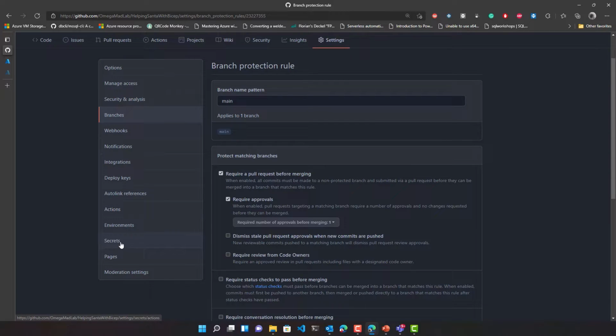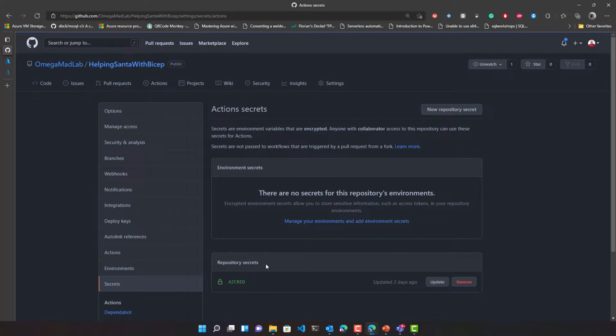Additionally, I also defined a secret, the AZCRED secret, used to deploy resources in Azure. It contains basically the service principal used by the pipelines to deploy resources in Azure.